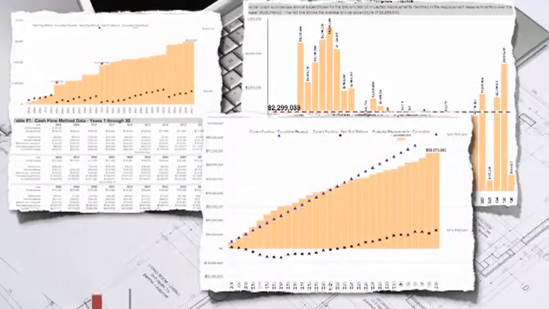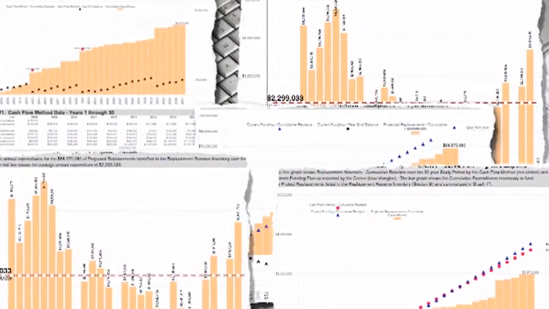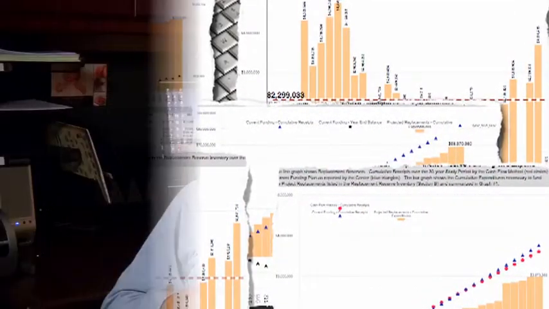One very important aspect of reserve studies is understanding the simple logic of where these numbers come from. How are these numbers generated that become the reserve study recommendations? So let's take a couple of minutes and go over the numbers, go through the report, and we'll show you exactly where these numbers come from.